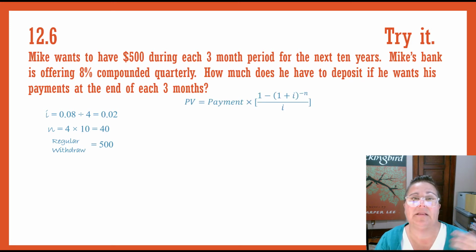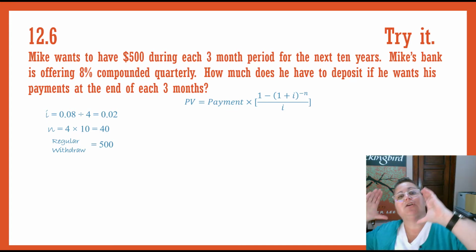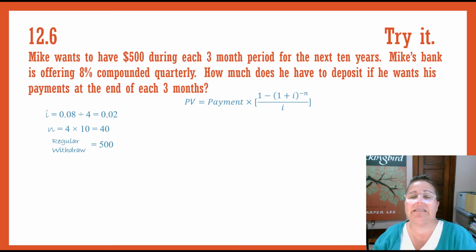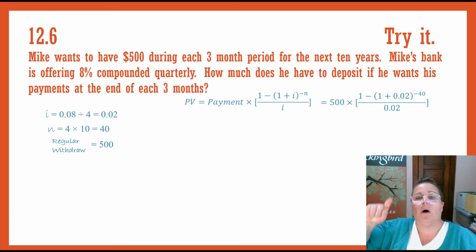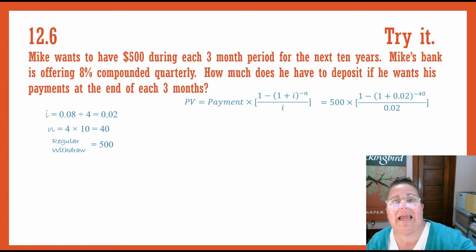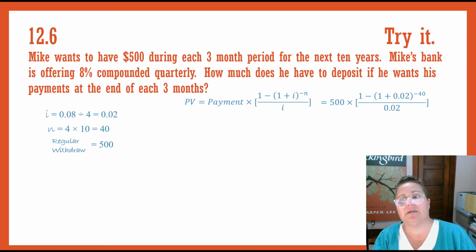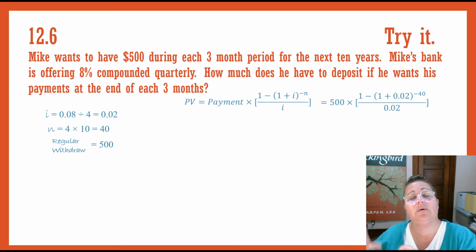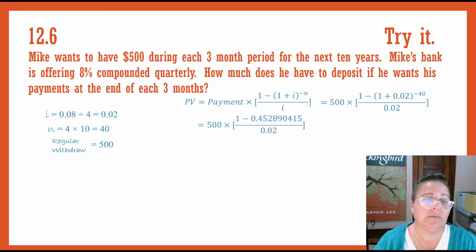The formula is that the present value is equal to the payment times square brackets, just another way of doing parentheses. In the numerator, I have 1 minus 1 plus I to the negative nth power. And then I'm going to divide all of that by the interest per period again. Using my substitutions, this will look like 500 times, big parentheses, 1 minus 1 plus 0.02 to the negative 40th power divided by 0.02 again. I am going to do what's in parentheses, 1 plus 0.02 to the negative 40th power first. So I'll have 500 times 1 minus